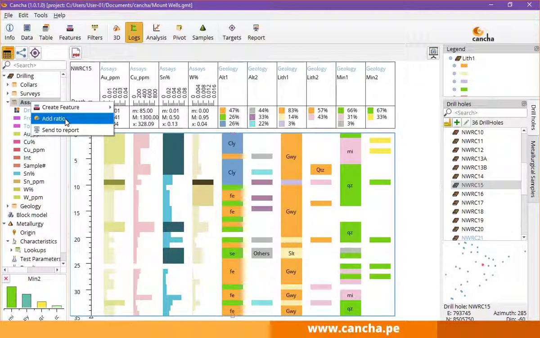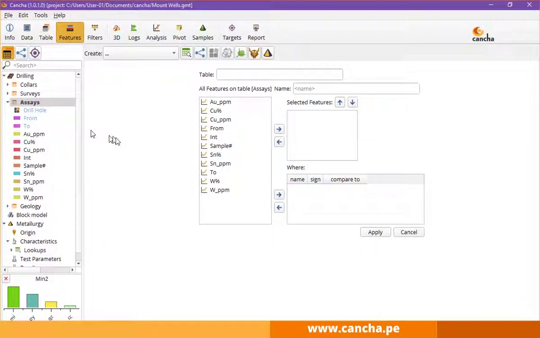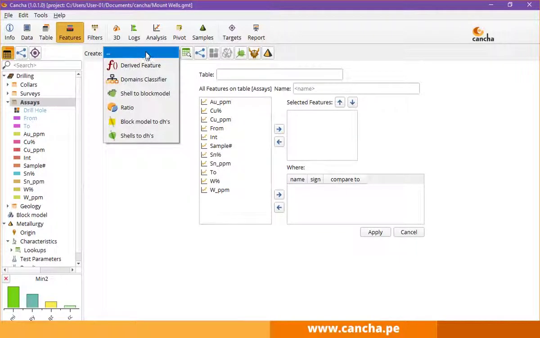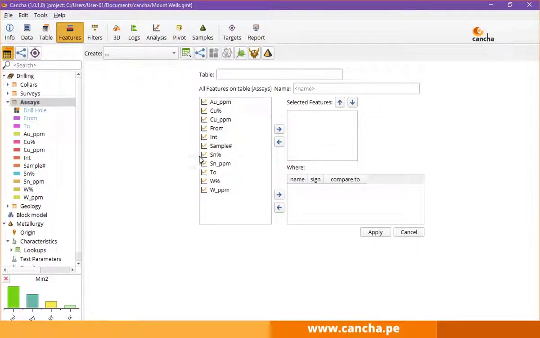Add ratio. Okay. You could also get to the same thing by going to features and create ratio here in features, right? But basically we want to know the ratio, for example, of tin, tungsten, and copper. Yeah, we want to have them in this order, and we only want to have this ratio when